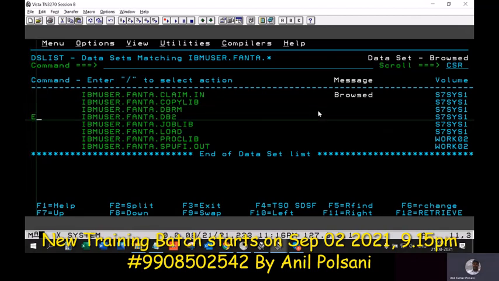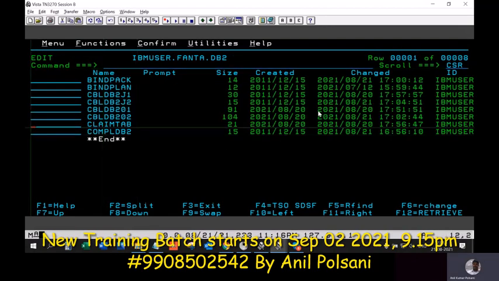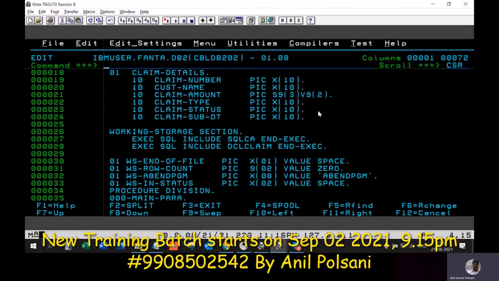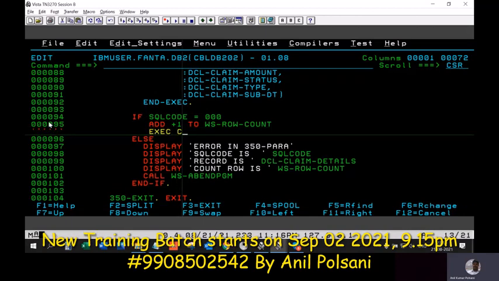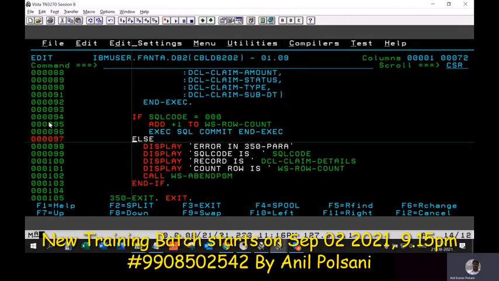We'll add one point to your program. So in here, let's say after successful, we'll write a commit. We should not do it normally, I'm just giving it for our understanding only. Now what I'm telling the system is if it is successful, commit the changes. If the record got inserted, save it. That's what I'm telling.